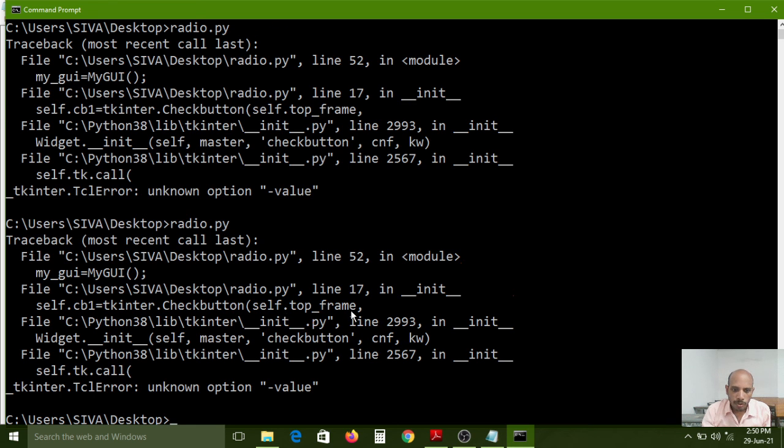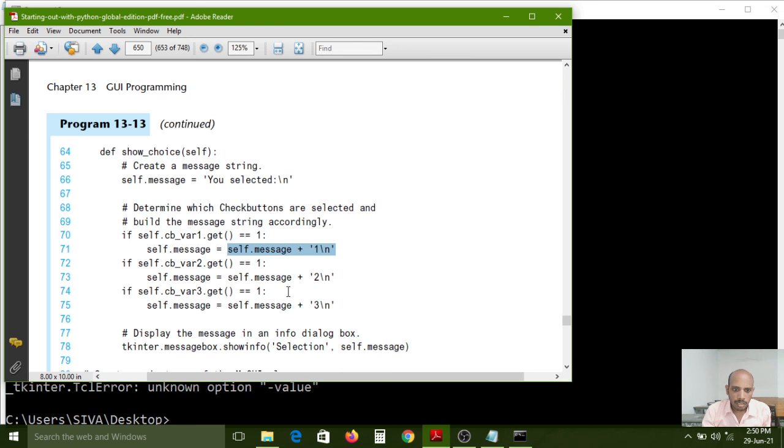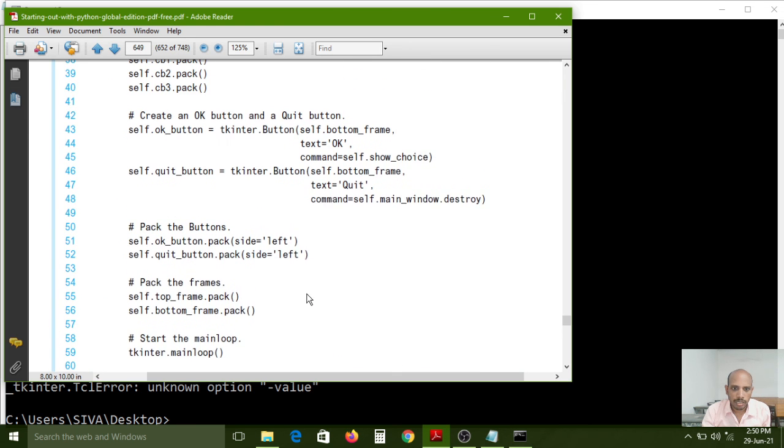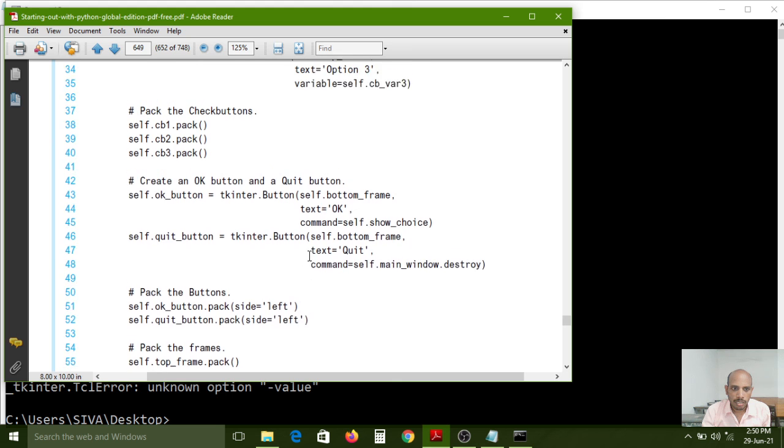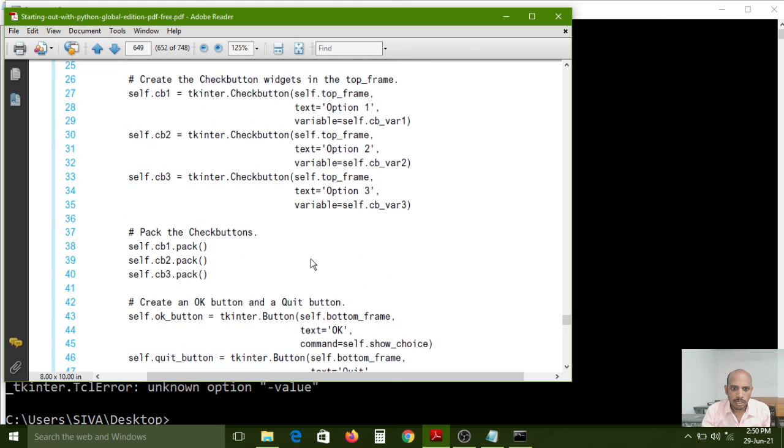Self.top_frame check button here in the init method, check button top_frame option one. Okay, self.cb variable: here value is not required.